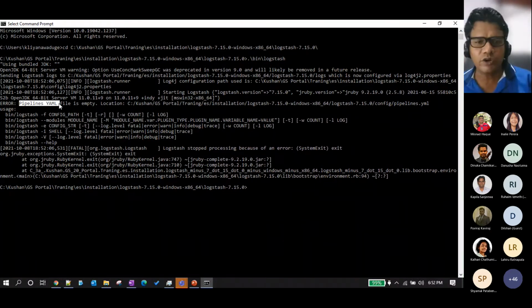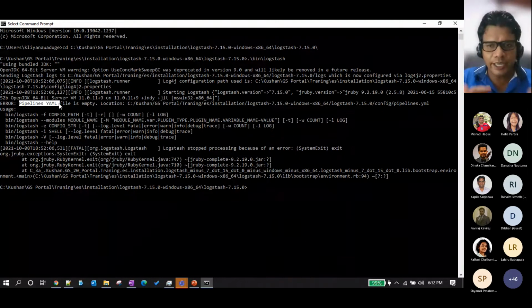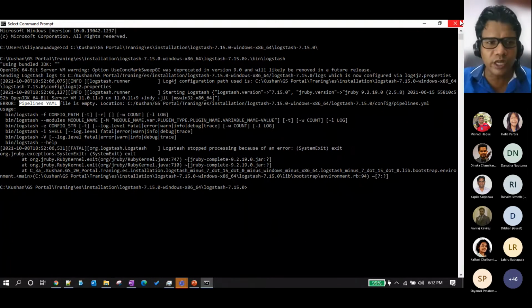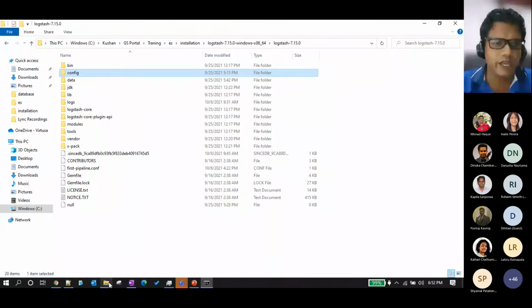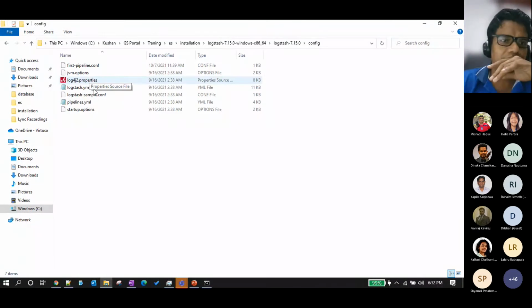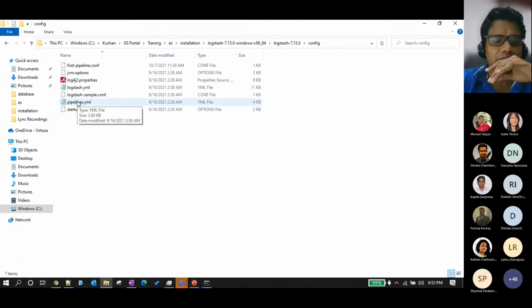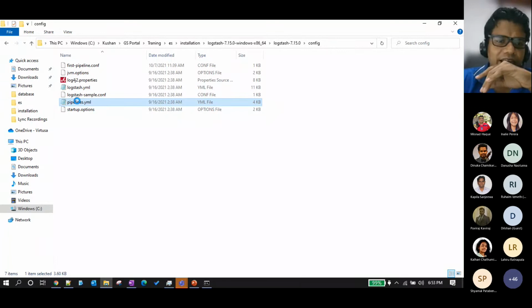So by default it will go to this particular location and check the pipelines.yml file. The pipeline.yml file has been checked, but we haven't done any configuration in it.